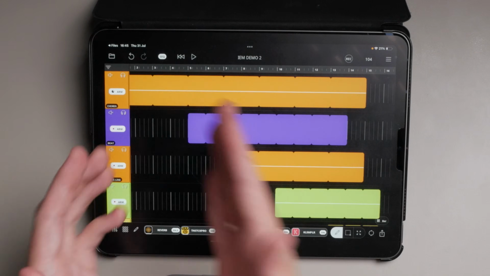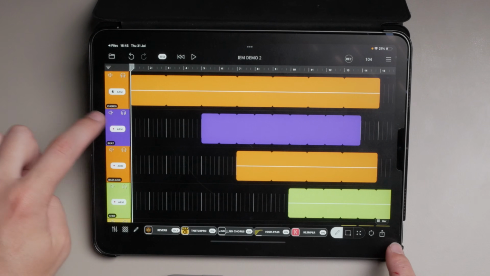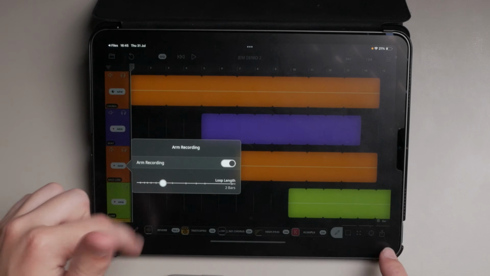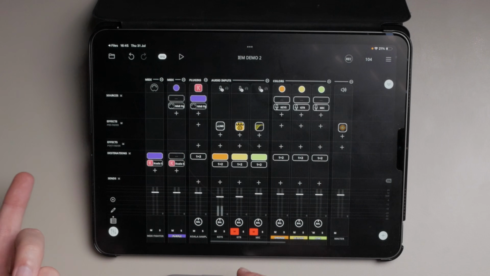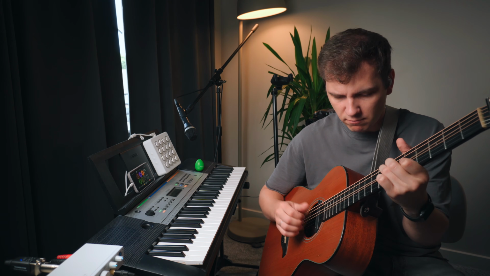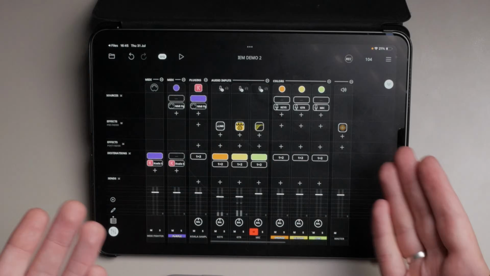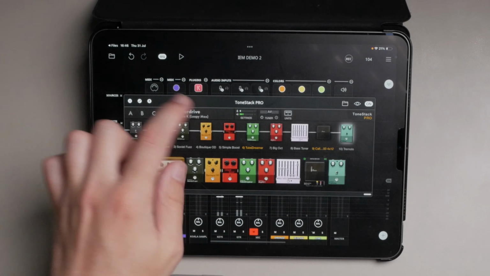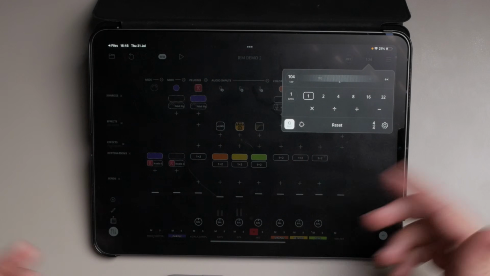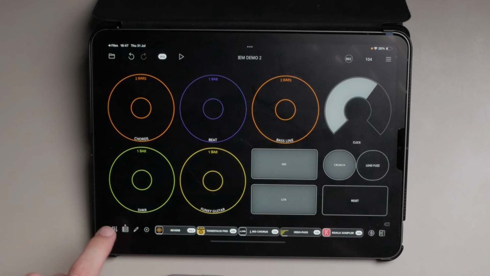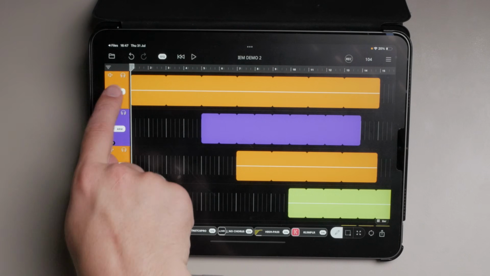So you can program the whole song, how many bars you want to record for each and every loop. You can program instrument switching. For example, if I record a guitar, I don't want the mic bleeding into that loop. You can automate your effects and even tempo changes. And then what you need to do is just hit the play button, because it's counting in